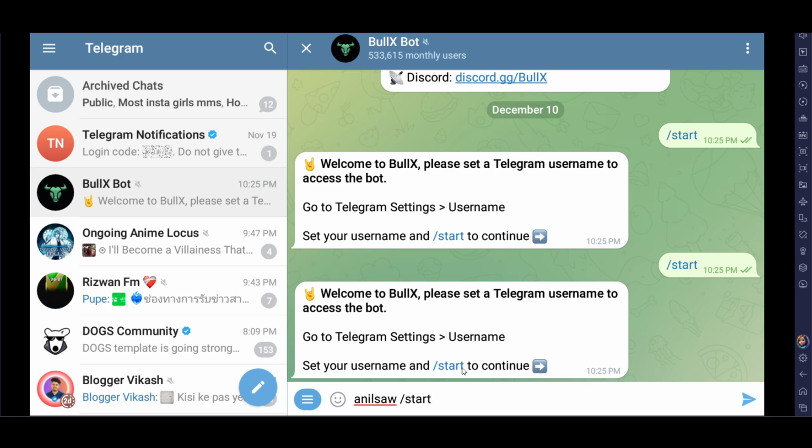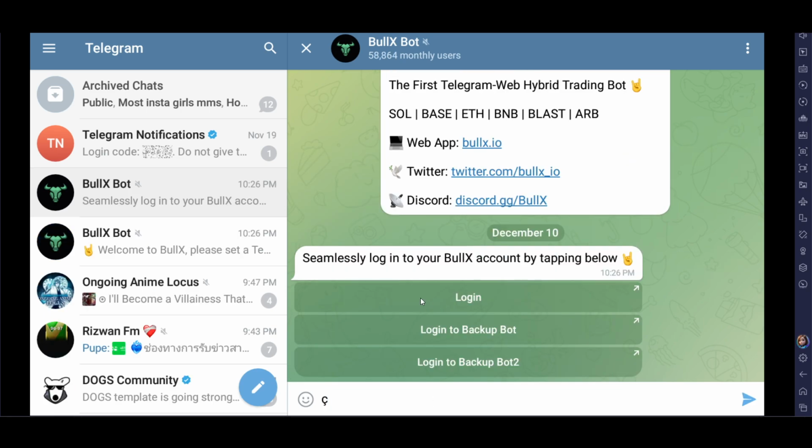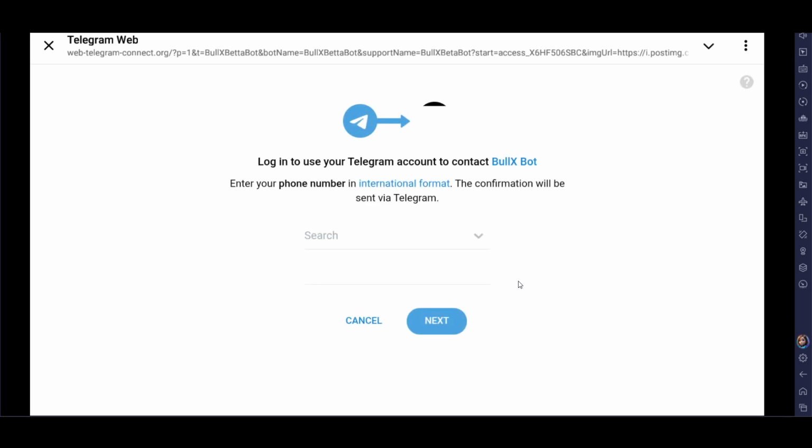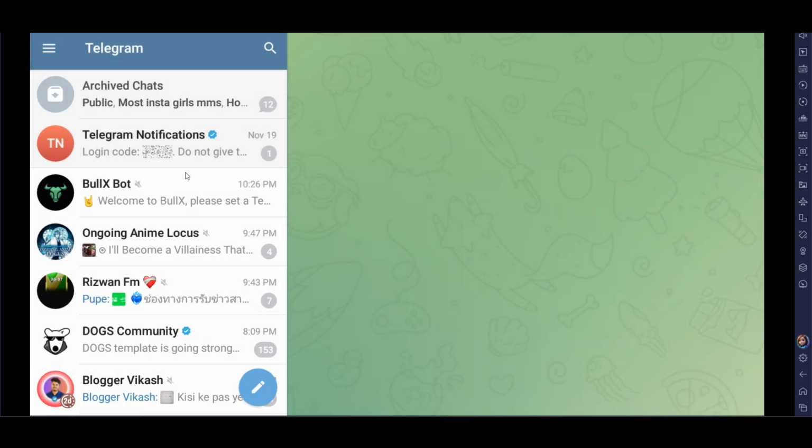I hope this works out, and you will get this option of login. So login, and here just go and click on open. Right now you will be redirected here on the same Telegram web, right? Just open it up, and once you're here you have to link it. So you have to enter your phone number and just go and click on next, and you will be able to